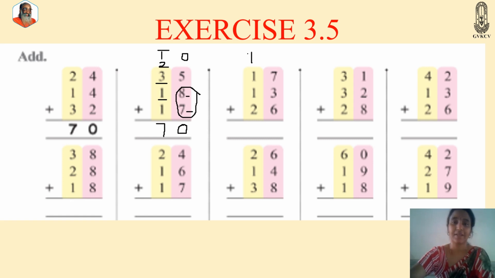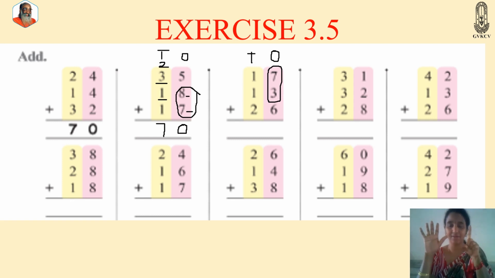Next, tens and ones. Under ones: 7, 3 and 6. Keep 7 in mind, take 3 fingers. 7, after it 8, 9 and 10. This is 10, or you can remember this also: friend of 7 is 3. So 7 plus 3 is 10, and 10 plus 6 is 16. See, after 10, 11, 12, 13, 14, 15 and 16. So 6 over here and 1 on the top of tens.